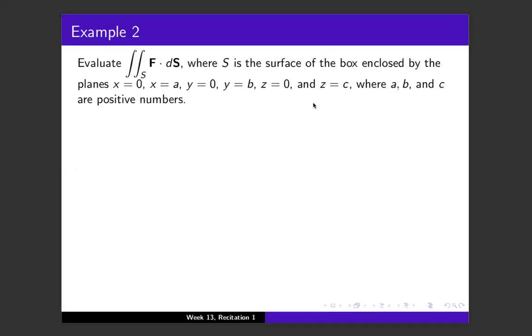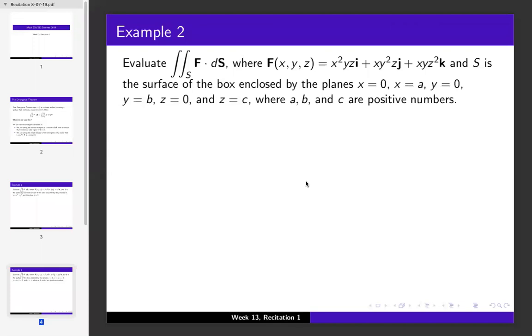So here's another example. What if you want to take the double integral of F dot dS and, wait a second. Okay, I made a mistake there because I forgot to include what the actual vector field is in that case. So here's your vector field, and S is the surface of this box, and it's enclosed